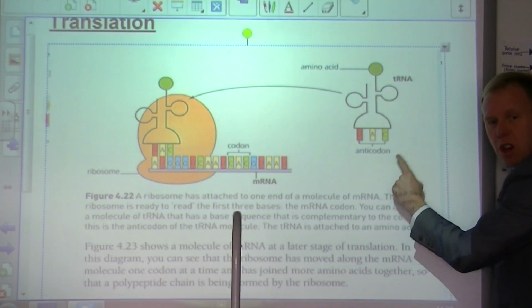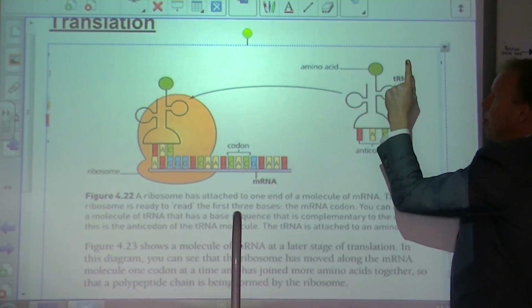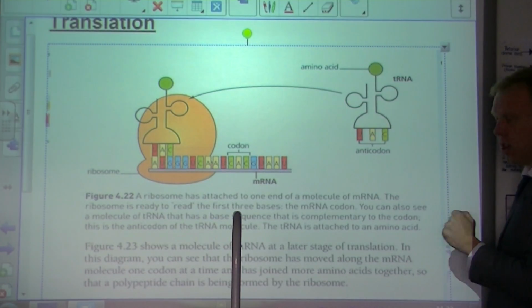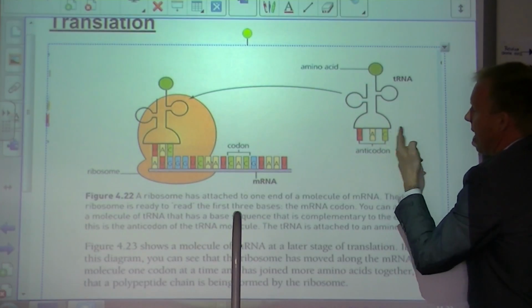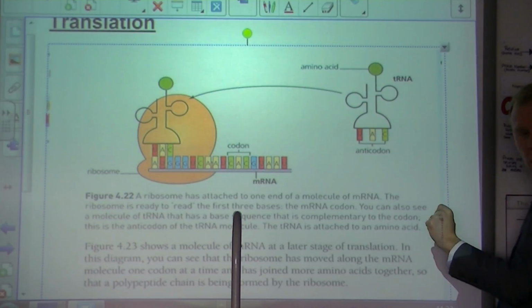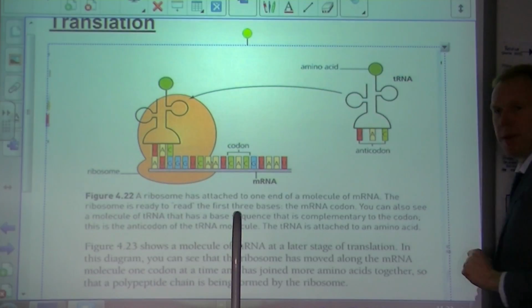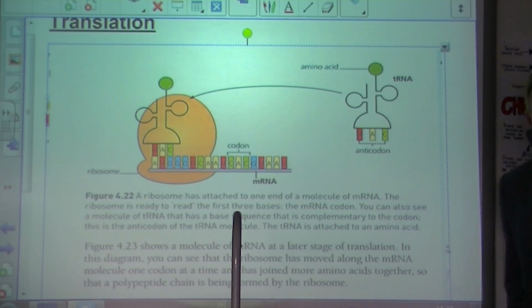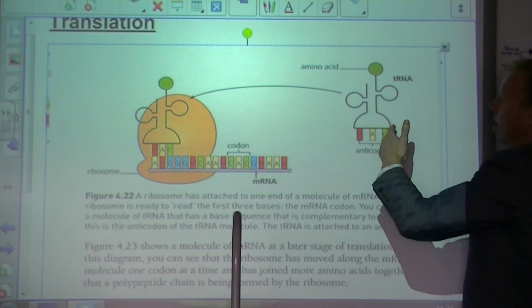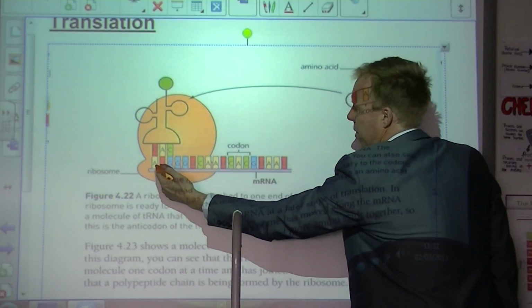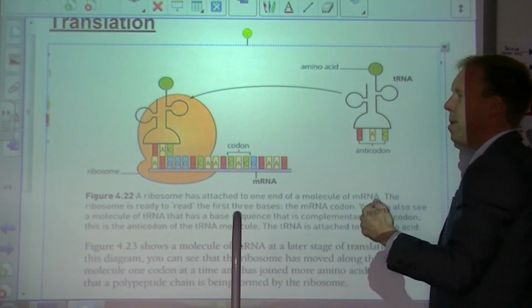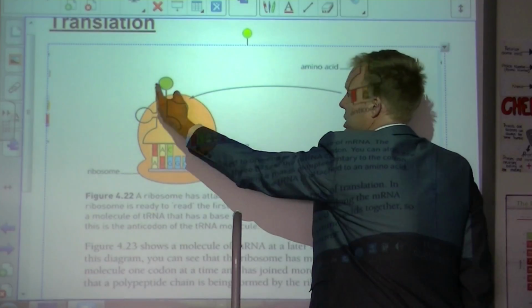Each anticodon brings with it a specific amino acid. So in this example, UAC codes for a specific amino acid. Let's call it tyrosine, even though it might not be. Okay? So it brings it down to the ribosome and we begin to start to develop our chain of amino